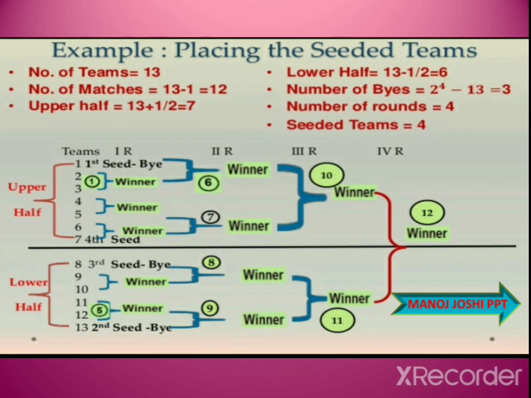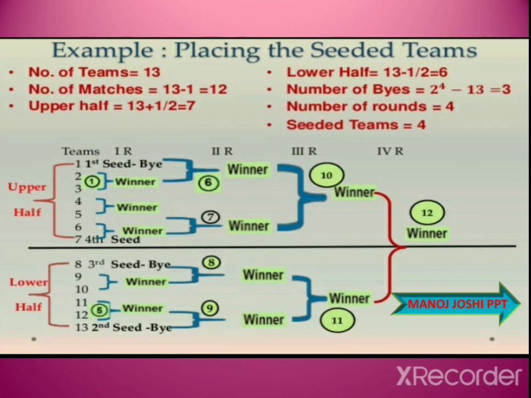So then the 4th match will be 9 versus 10, because 8 is getting a bye. And then the 5th match will be 11 versus 12. Then in the second round, we will see the winner of the 1st match play against the first seeded team, which is getting a bye. Then the winner of the second match